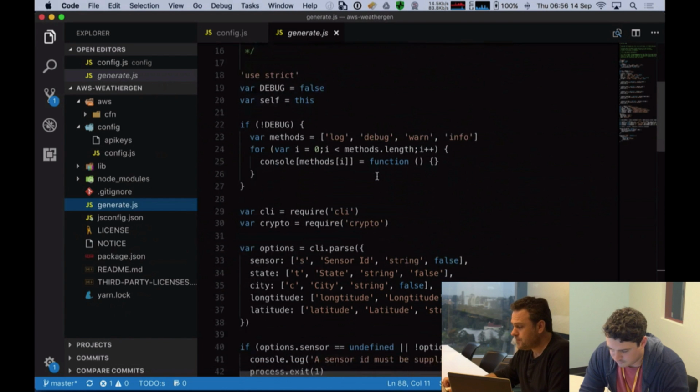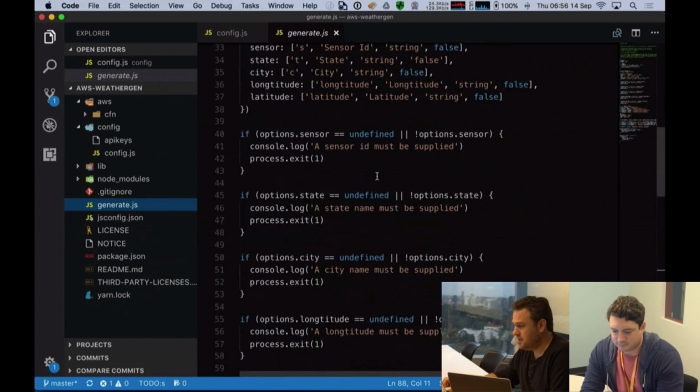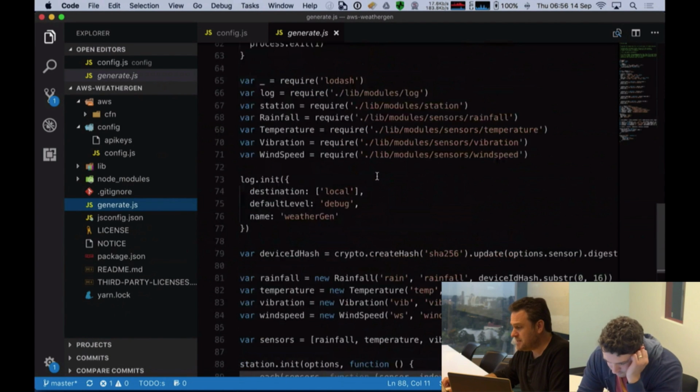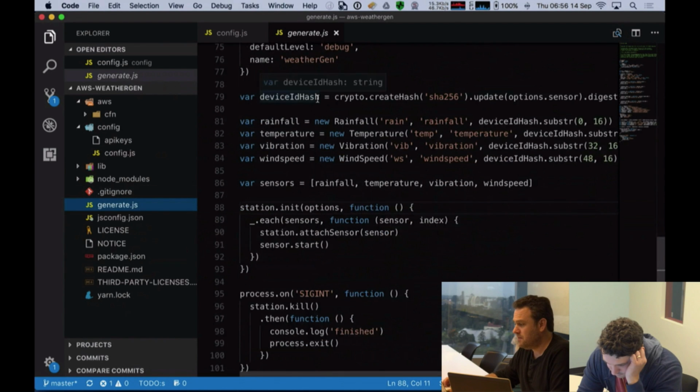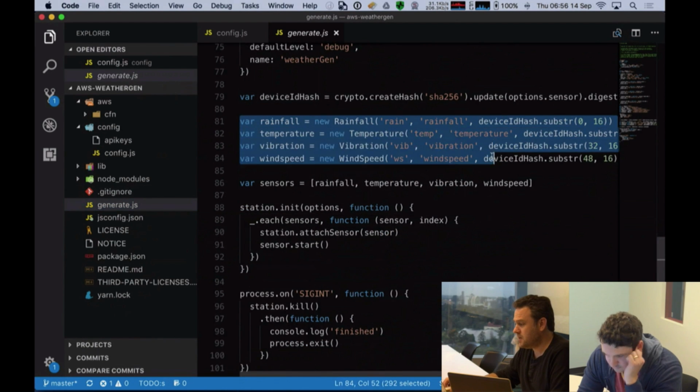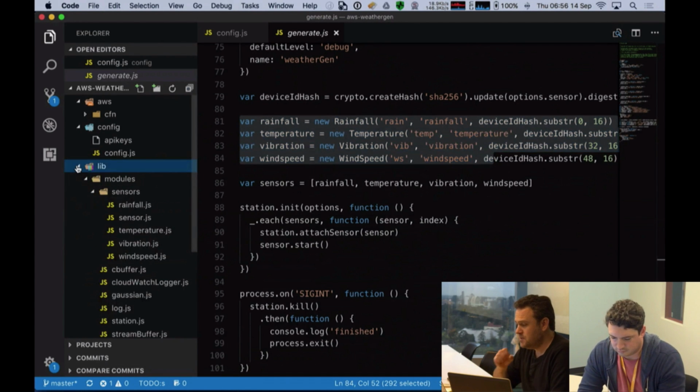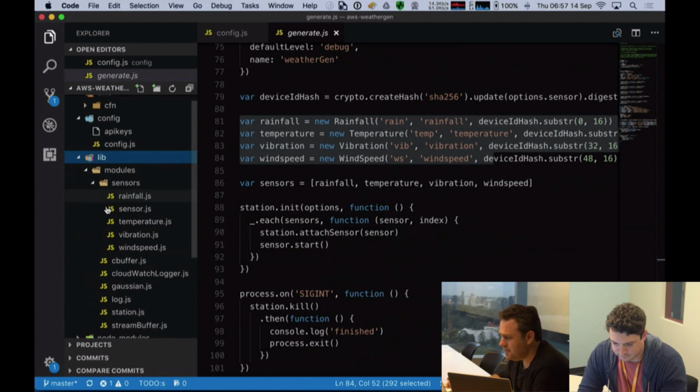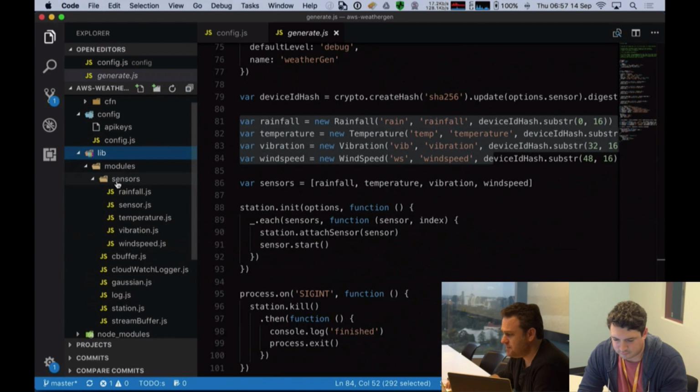So what we've got in this application is basically a range of objects that get created for each of the sensors, and we use lib modules sensors for those definitions.